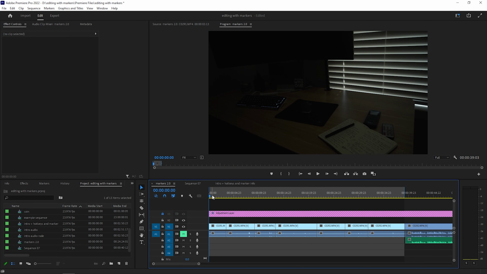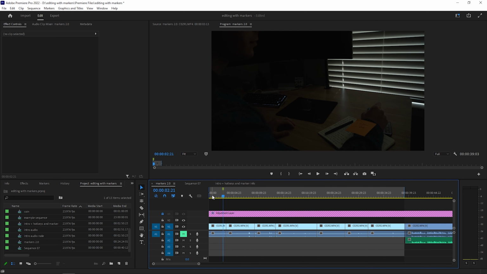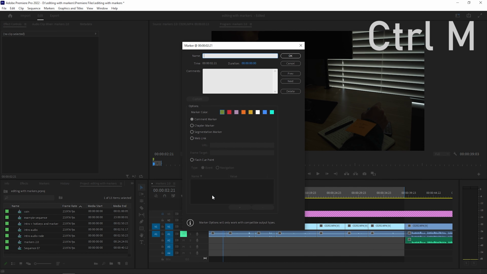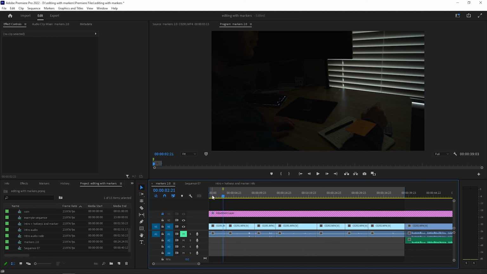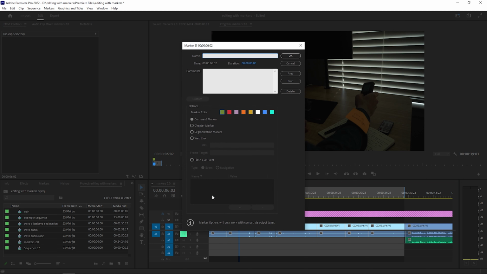Okay, so we're here in Premiere. I already have these clips cut up. I'm going to add markers to it based on what's going on. So we have the sticky notes. This marker says sit down at desk. So Control M to edit, and sit down at desk. Okay, go to the next one. This one is turn on ambient light. So Control M, turn on ambient light,